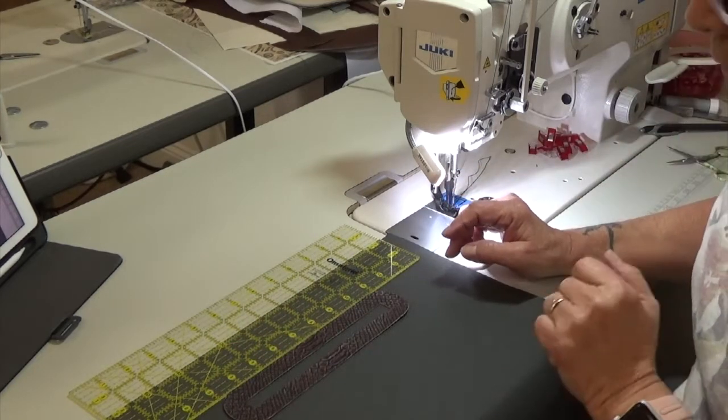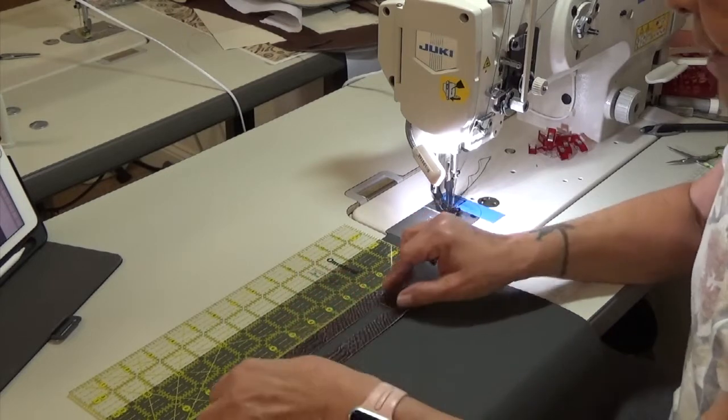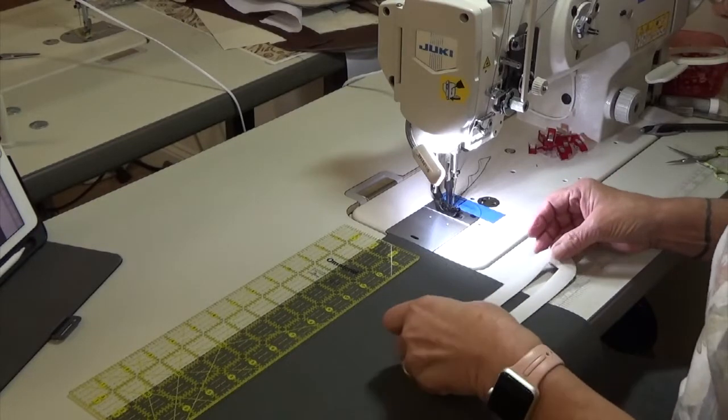And because I failed to do so, I'm just going to use a ruler, and I found my center, and I'm going to do it that way. But the first thing that I'm going to do is